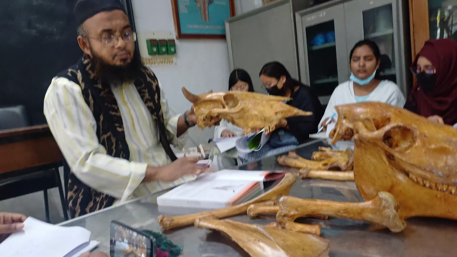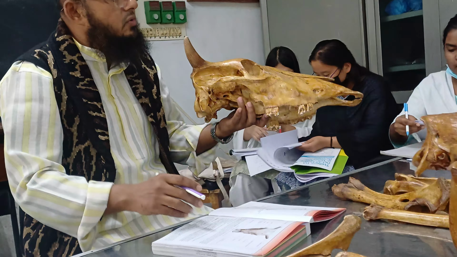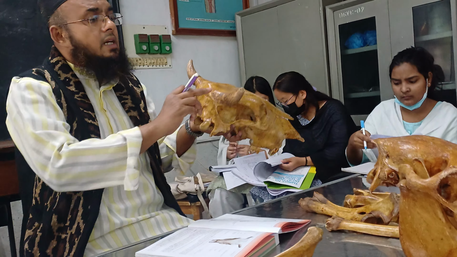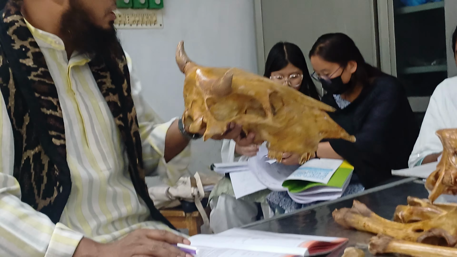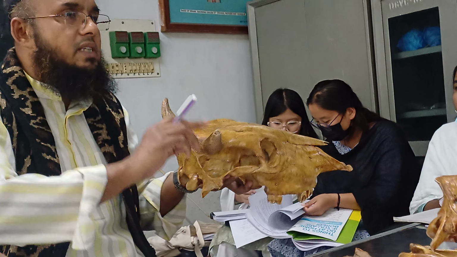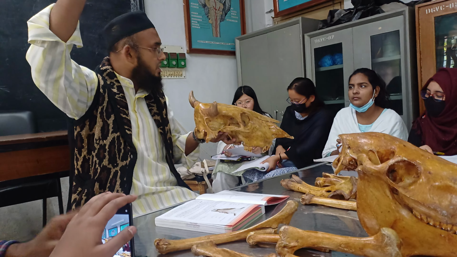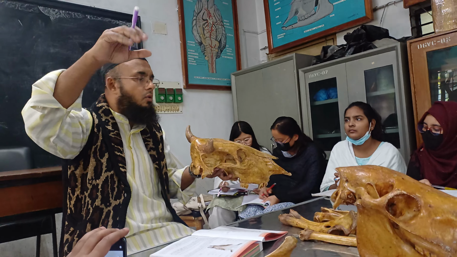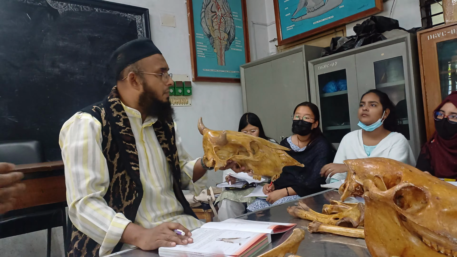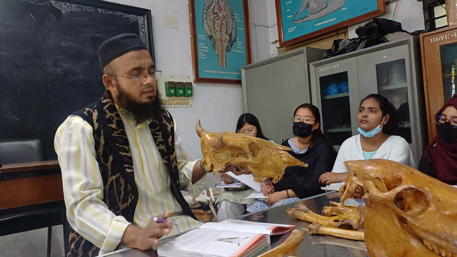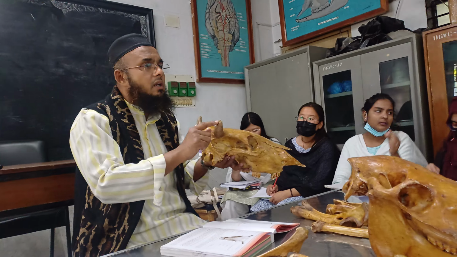What bones do we see here? Those bones we see. It is a cornual process. Follow the figure. The cornual process is present in ruminants, deer, rhinoceros, wild buffalo or wild ruminants, and also in giraffe. This is the cornual process.